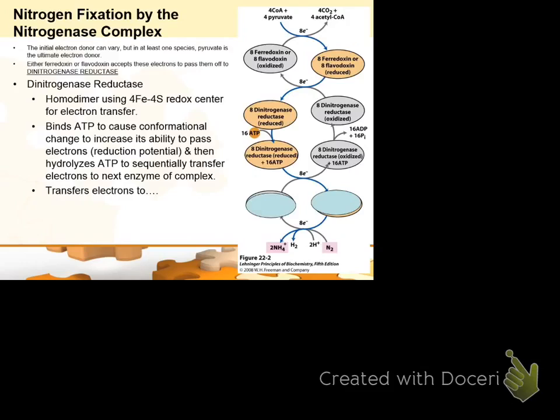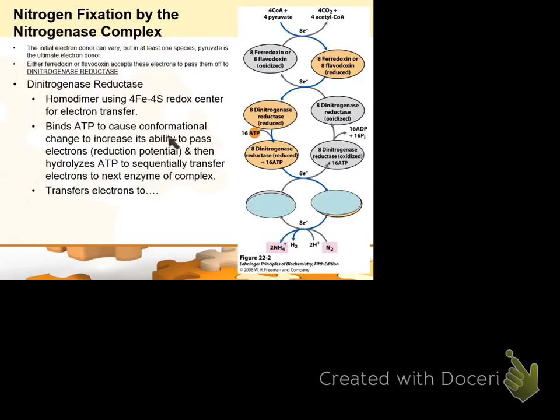And we're going to go into a little bit more detail about the dinitrogenase reductase and dinitrogenase in just a moment, because it utilizes something that we haven't seen before, I don't believe, at all. Okay, so a new metal is going to come along that's really important. So now the dinitrogenase reductase,